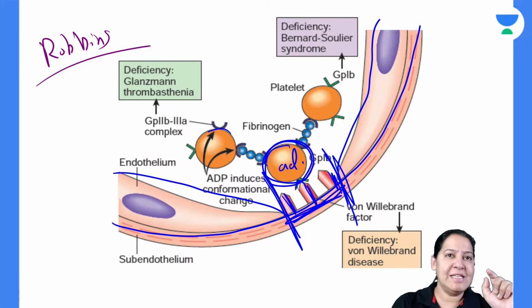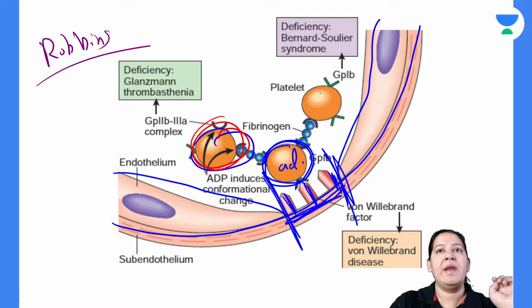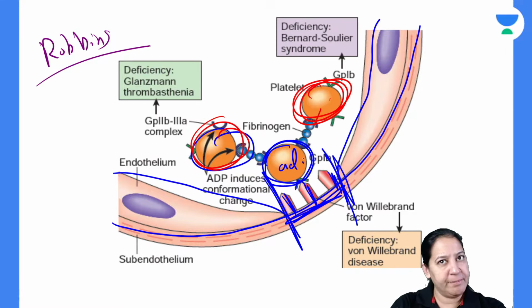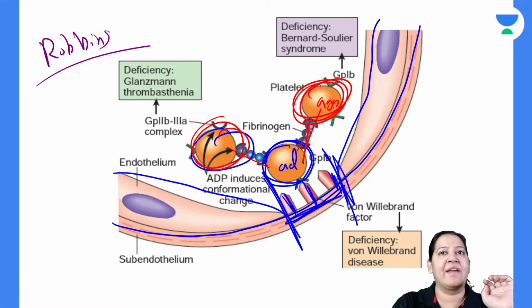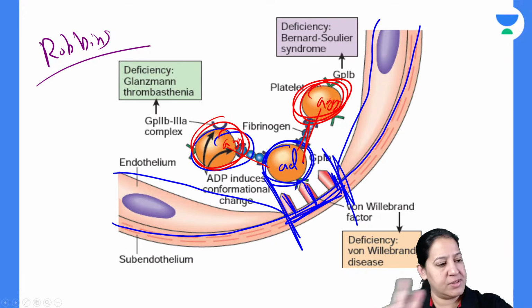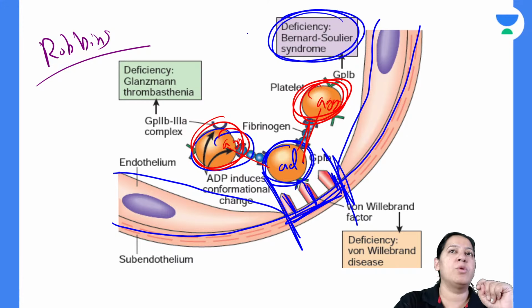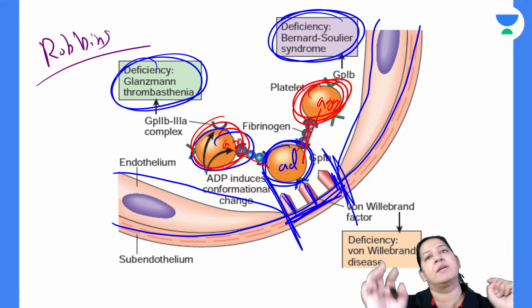Can you see? And these two platelets, this one and this one, the red ones, they are forming bonds platelet to platelet. So these are showing aggregation. For forming this bond, they require GP2B3A. Now see the two diseases. If the absence of GP1A2A occurs, it is Bernard-Soulier. If the absence of 2B3A occurs, it is Glanzmann.